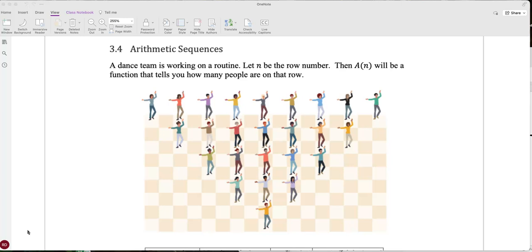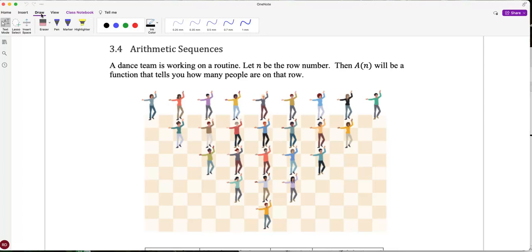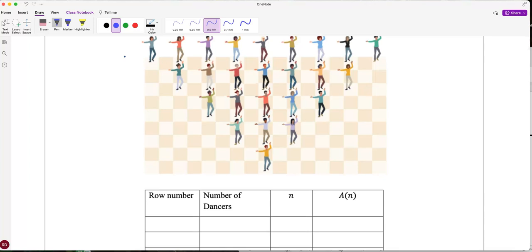Algebra 1, Section 3.4. We're continuing our talk about linear functions. A good example of a linear function is something called an arithmetic sequence. So this is just a set of words that you probably know individually, but you probably haven't seen put together before. An arithmetic sequence is just a sequence, a set of numbers, and every number progresses by the same amount or the